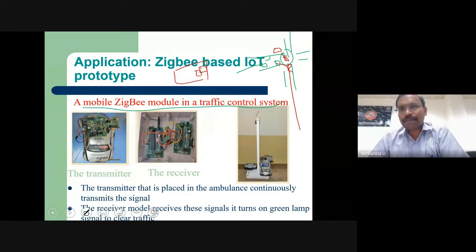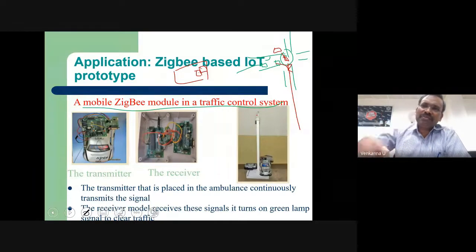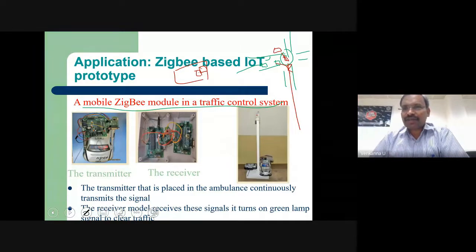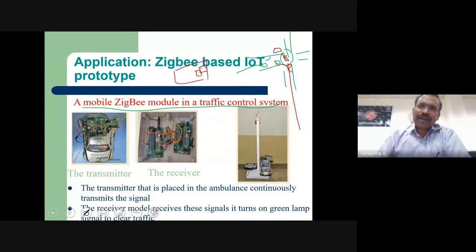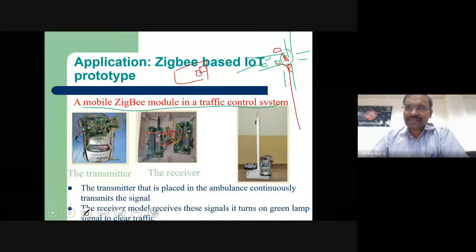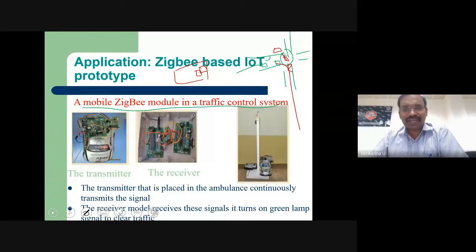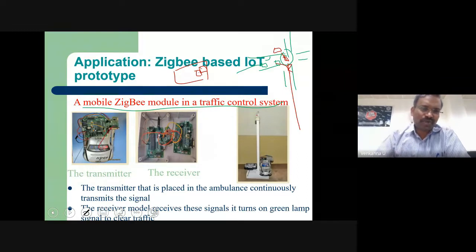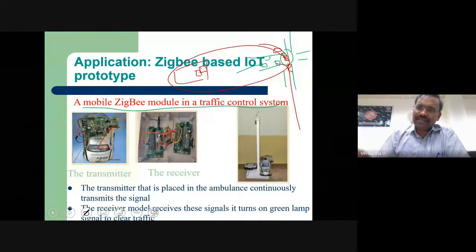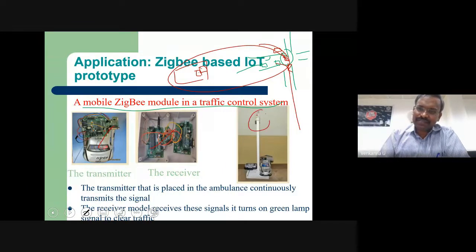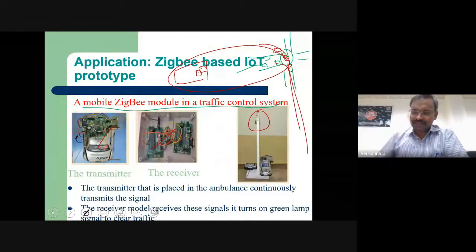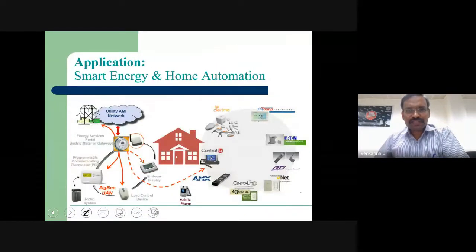See what the advantage is here. If I use the Zigbee communication protocol, I need no standard network like internet, mobile data, and so on. If I am in proximity, obviously I should be near the traffic light signal, then only can I expect green to red or red to green. That's why they developed this small prototype with the help of Zigbee. When I reach it from the smartphone, I make a Zigbee network and give a signal, making the light glow and letting me pass. This is what somebody coined as their prototype. This is about what I said.